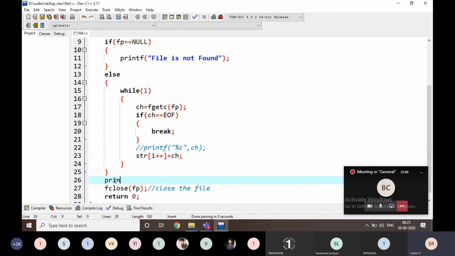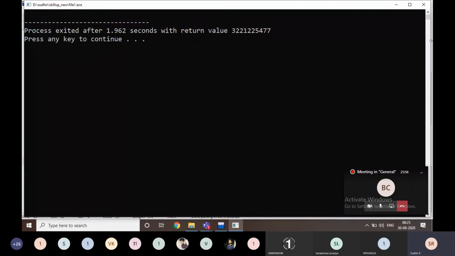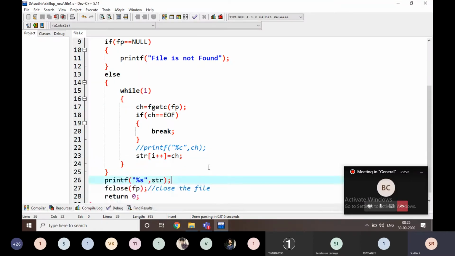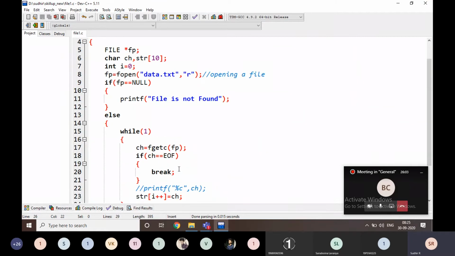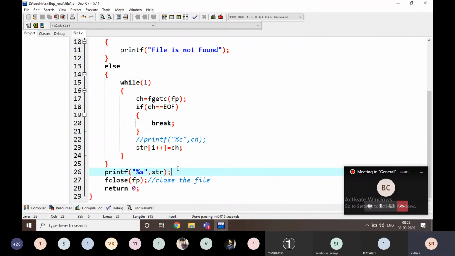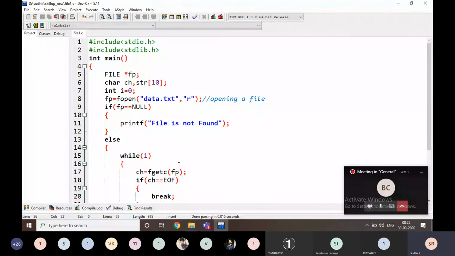I am going to print here, printf percentage s comma str. I am going to execute it. What happens here? The total data is not moving into that string, that's why it is not printing any data here.